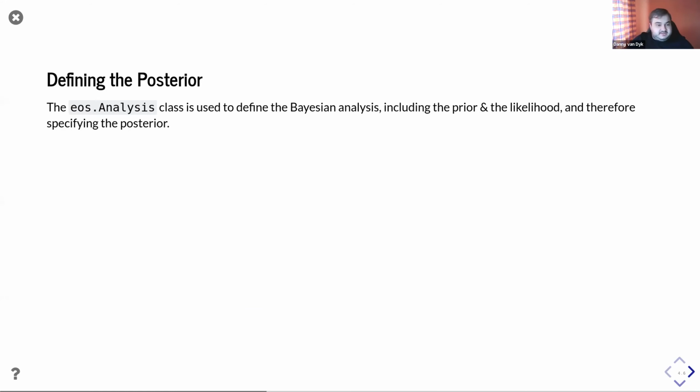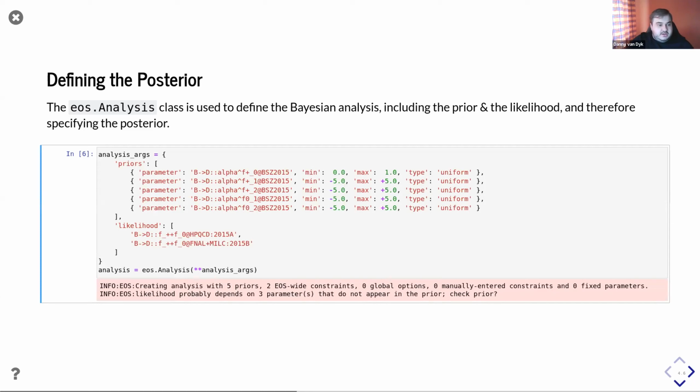And it's quite short. What you need to do to create any EOS analysis object, you need mandatorily the priors, which is a list of prior specifications. They contain their parameter name, min and max range, and the type, in this case uniform. In the documentation, you can see more than uniform priors. We have Gaussian priors. We have specific theory priors that use a Gaussian distribution for logarithms of your renormalization scale, and so on. But you also need the likelihood.